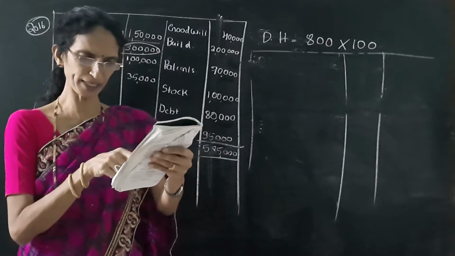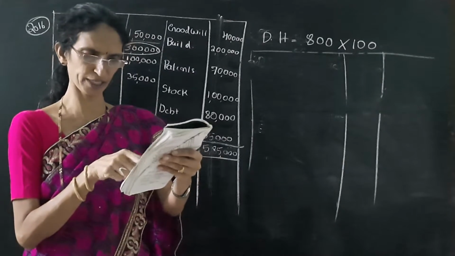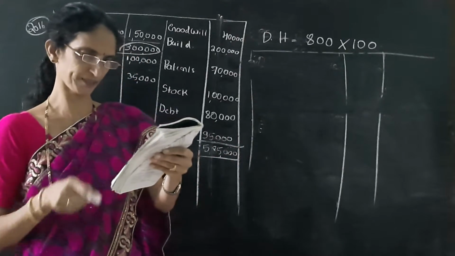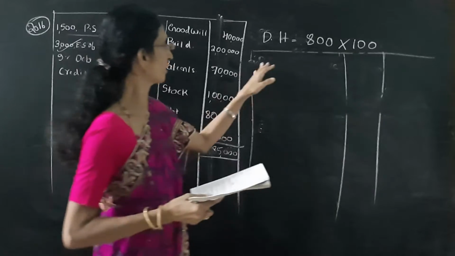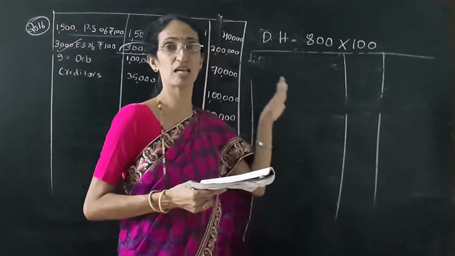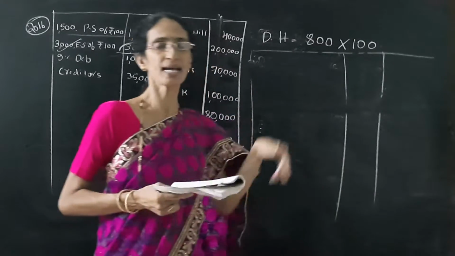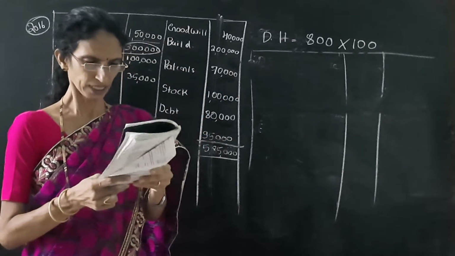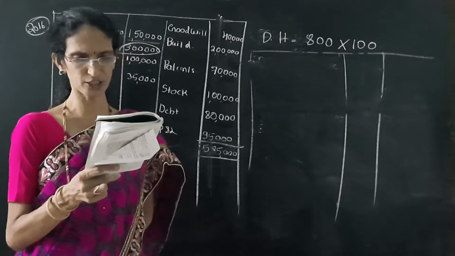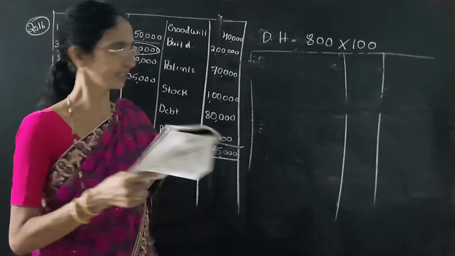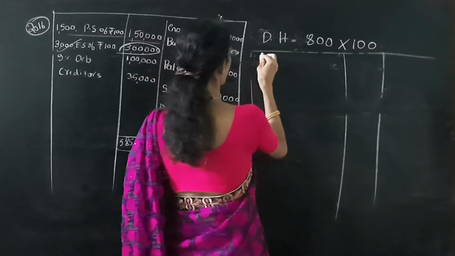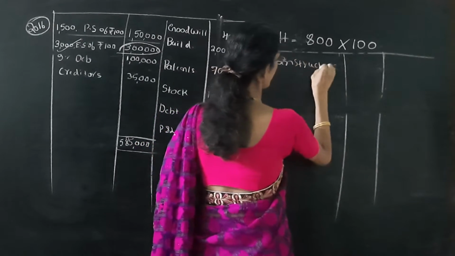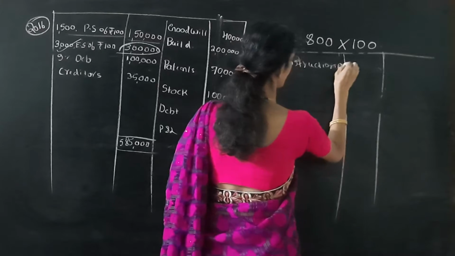Then building to be reduced by 20% and stock by 25%. So we also have to write off the asset. So the last entry is the writing off of the fictitious assets and other assets. Then a provision of 5% on debtors, it is also RBD. So now we have to debit the reconstruction account and we have to write off all the assets.